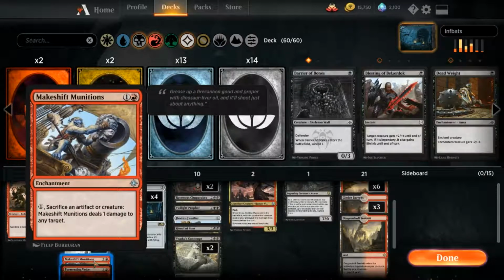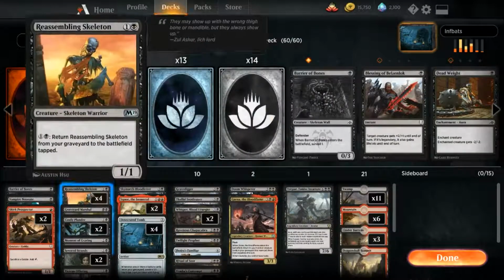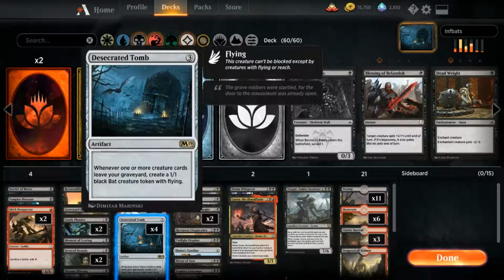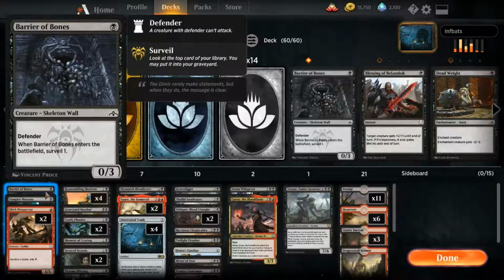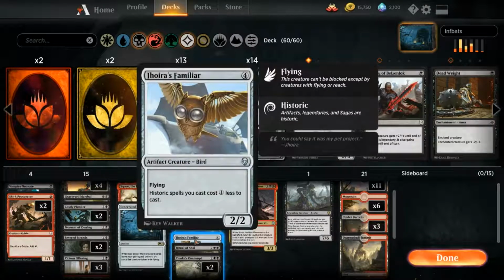Then I also found a Makeshift Munitions, which works nicely with this deck because we can sacrifice our creatures to deal 1 point of damage, and actually sacrificing the creatures is what we want because we want to send the skeletons on a trip with all expenses paid to the graveyard and return, because then we have the Desecrated Tomb to gain our delicious bat tokens. Then I also included Barrier of Bones because Surveil is pretty helpful for me. And what else? Yeah, another addition here,